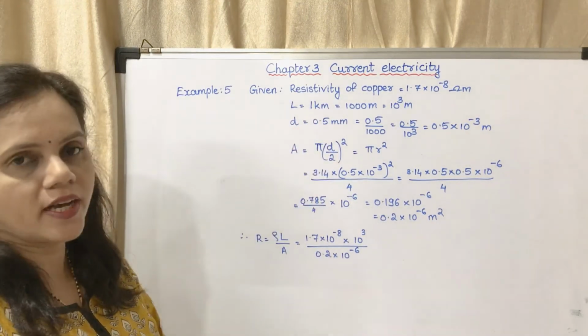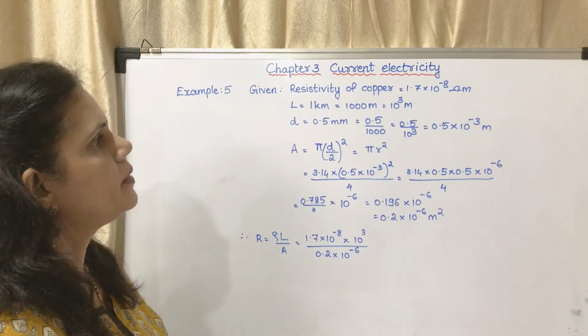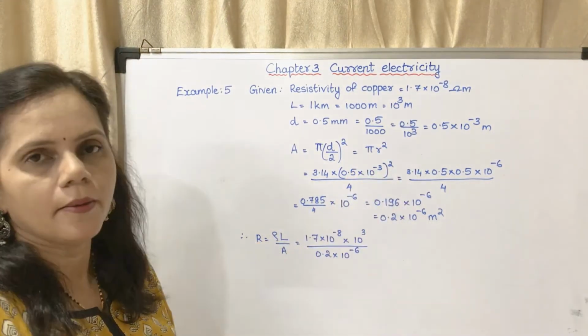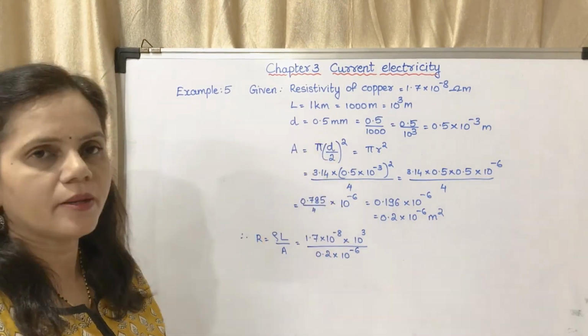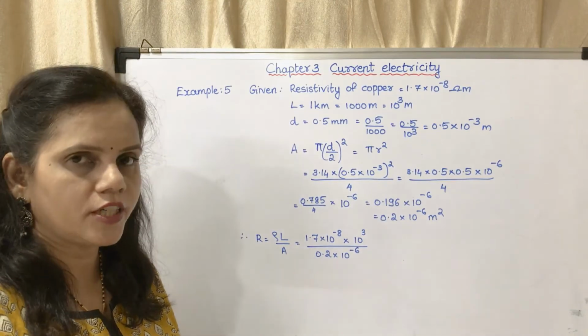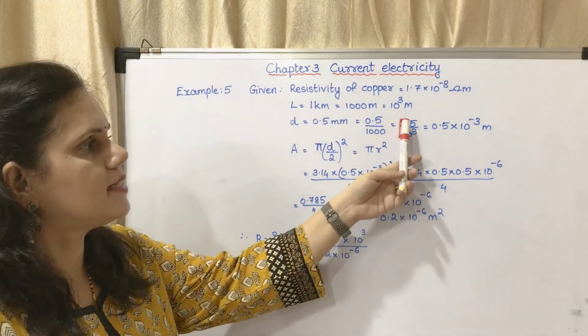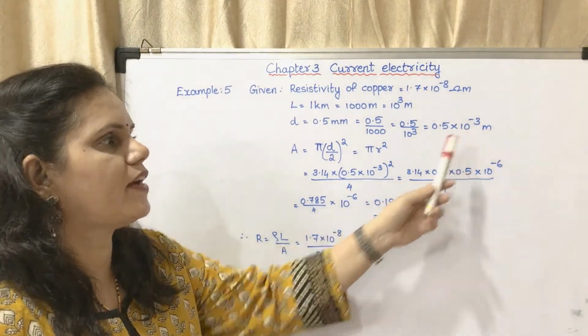Length is given as 1 kilometer. You have to convert it into meter. So it will become 1000 meter. 1000 meter means it is 10 raised to 3 meters. Diameter they have given 0.5 millimeter, that you have to convert into meter. So 0.5 upon 1000, that is 0.5 upon 10 raised to 3, that is same as 0.5 into 10 raised